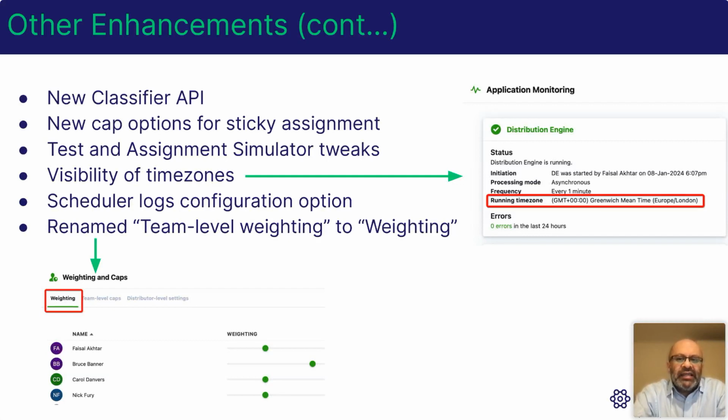And we've added a configuration option to specify how long the scheduler logs are retained. So previously this was fixed at 1 week. There is also a new option to consolidate assignment scheduler logs with 0 assignments into a single log, so reducing the data storage needed there. This is handy for testing DE in